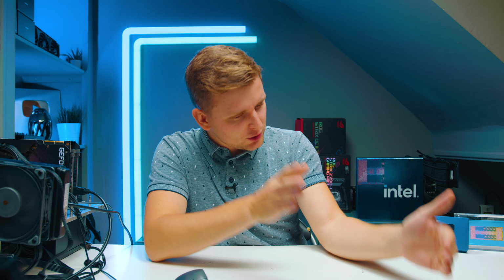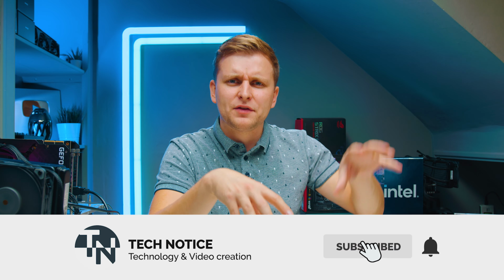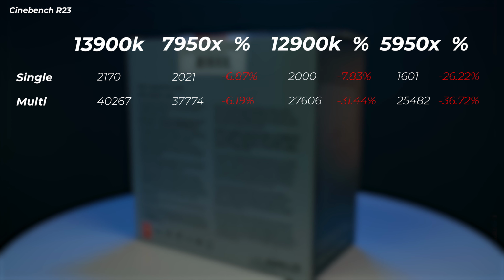which would be very helpful. But I do want to mention the other side as well, which is that 100% power, like 315 watts, won't be pulled all the time. That's when the CPU is 100% utilized. Even you or me as a creator are not going to see that unless we're doing a Blender cycle or something like that where we're 100% rendering. Even at video export, you won't see it 100% utilized. That's just the very worst-case scenario. I'm going to make another video about the average power consumption, so stick around for that. First of all, Cinebench R23,